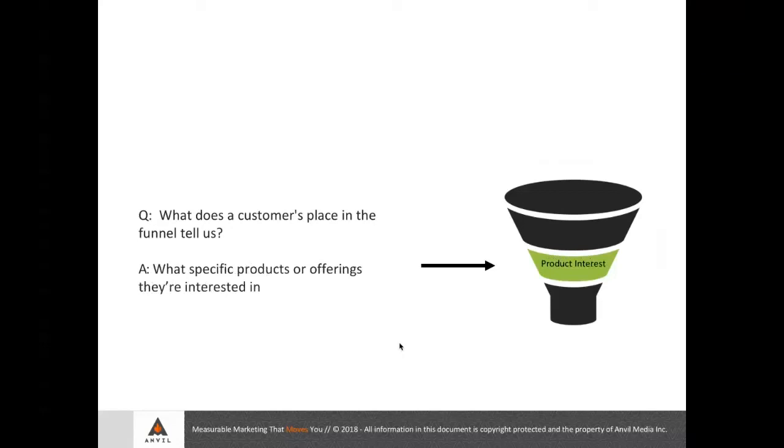What about the specific products or offerings that they're interested in? If I'm interested in a very specific product and I'm in the sales funnel as a customer, maybe I'm researching the product. Maybe I'm looking for someone who's selling it for less money. Maybe I'm looking for the right size because they don't have my size in. So I have an intent to purchase, but I'm stuck. And I'm not stuck because of any specific reason that has an issue with my experience. It's just product-based. But what if it is something else?